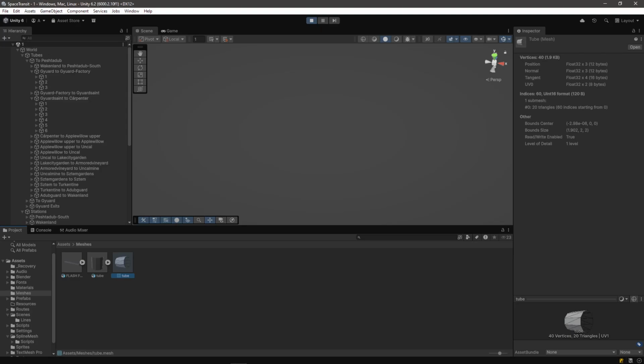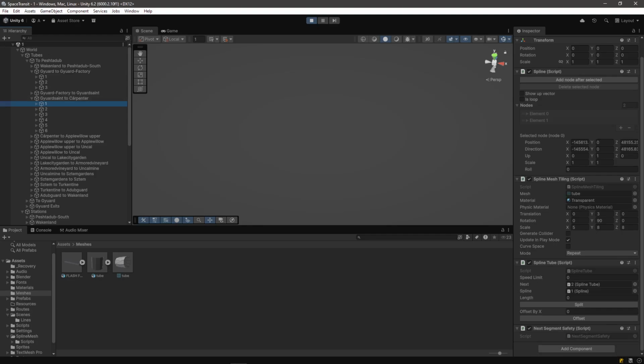That's not horrible. And we have 1, 2, 3, 6, 12 times 2 faces. That seems pretty reasonable. But when you combine them into a really long tube that spans multiple kilometers,